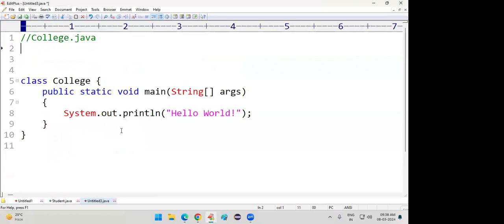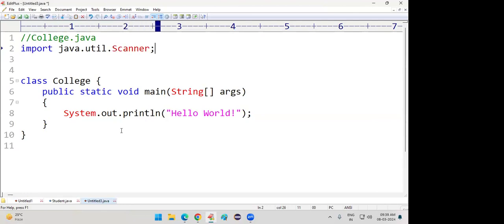To create student object, do I need any import statement? Why? Student class is available in the same package. Next, second step. Read values from the keyboard. To read values from the keyboard, which class do I have to use? Scanner class. Is the Scanner class available in our project? No, it is available in another package. So what should I do now? Add import